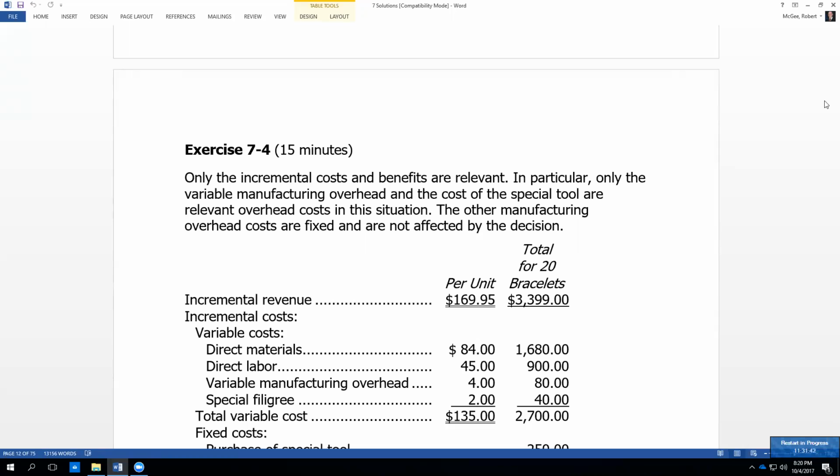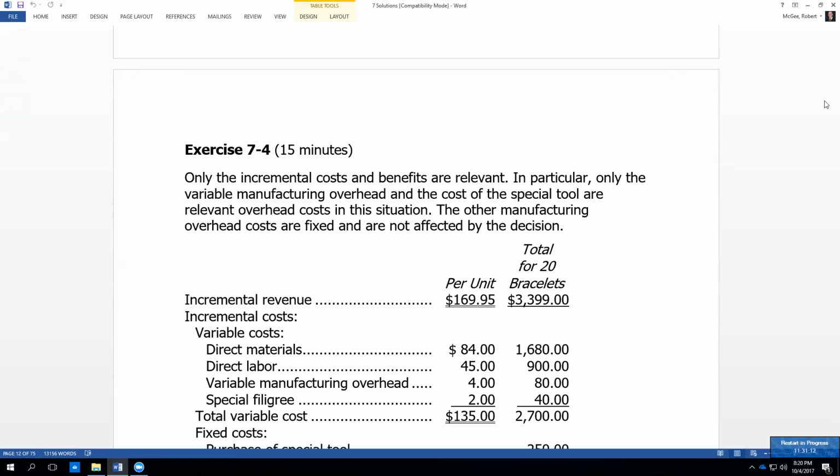Most of the manufacturing overhead is fixed and unaffected by variations in how much jewelry is produced in any given period. However, $4 of the overhead is variable with respect to the number of bracelets produced. The customer who is interested in a special bracelet order would like special filigree applied to the bracelets. This filigree would require additional materials costing $2 per bracelet,